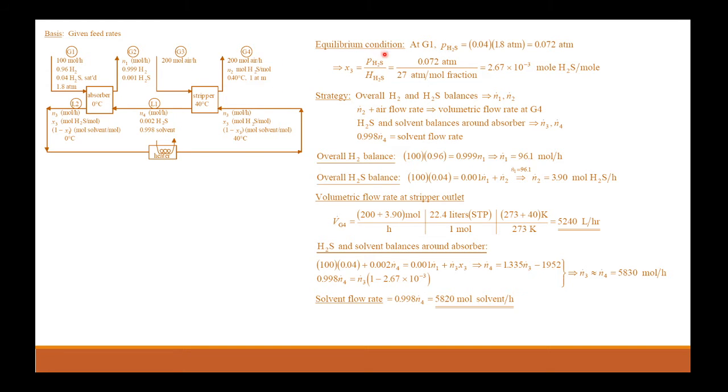So at equilibrium condition, which is at G1, we can use Raoult's law at ideal conditions. So the partial pressure of H2S is equal to the mole fraction of H2S in vapor form multiplied by the total pressure of the inlet G1 here, which gives us the partial pressure of H2S to be 0.072. So why do we need that? Now, we are going to use the